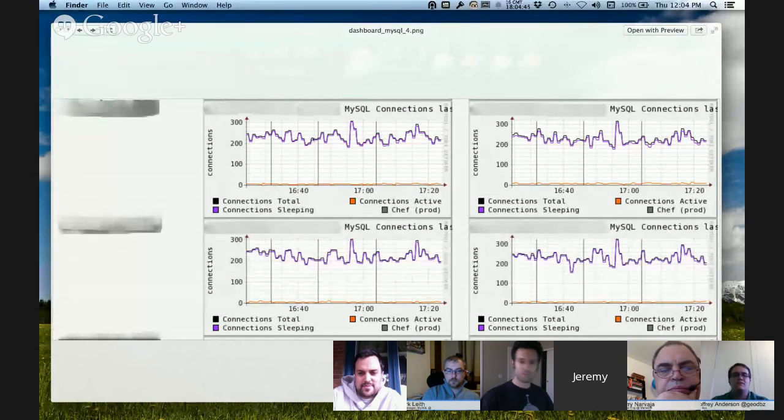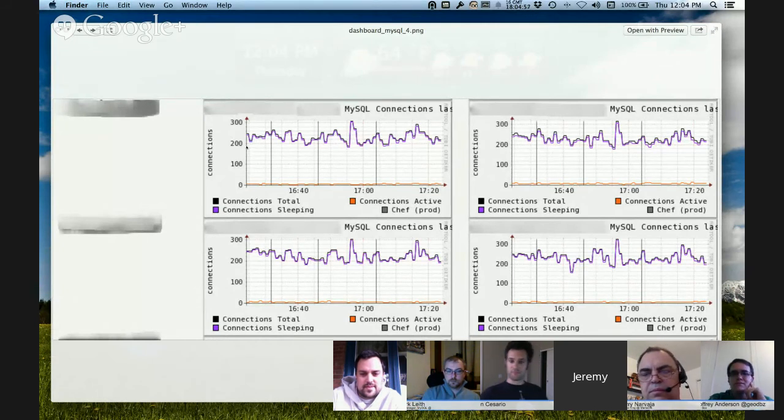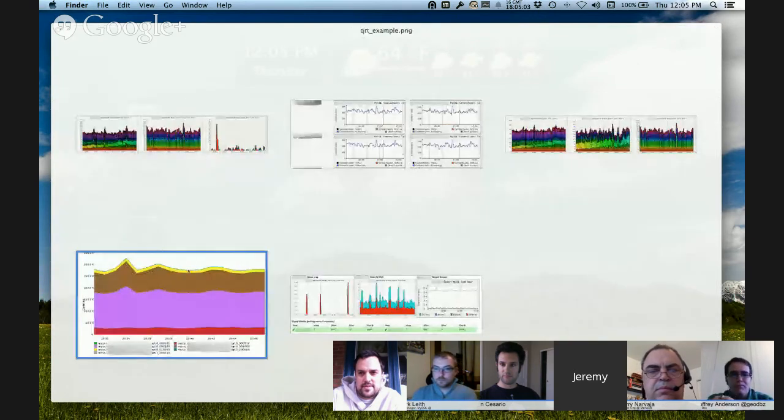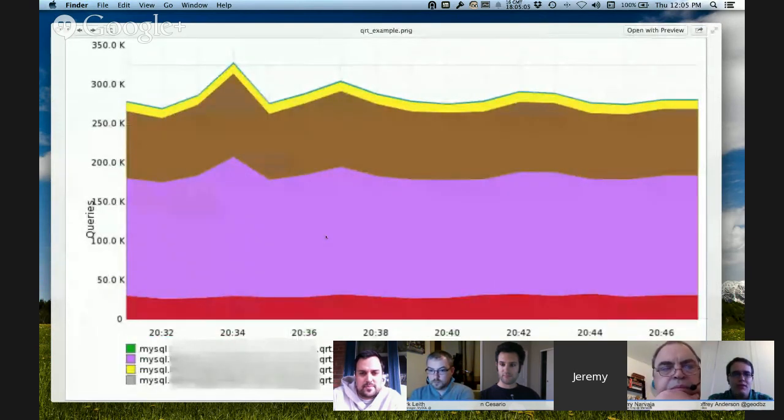But we do try to, these actually have, we've got ones for queries for insert, update, select, deletes. We've got another one for partitions used, basically any value we pull out of it, InnoDB buffer pool, mutex waits, all this kind of fun stuff. The last one I was going to show is one we're actually putting together in Graphite right now, which